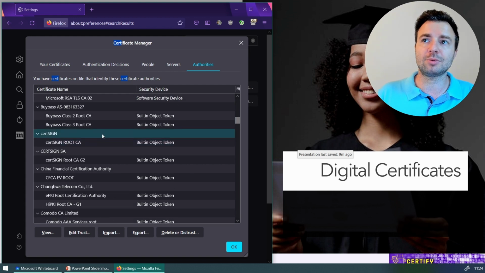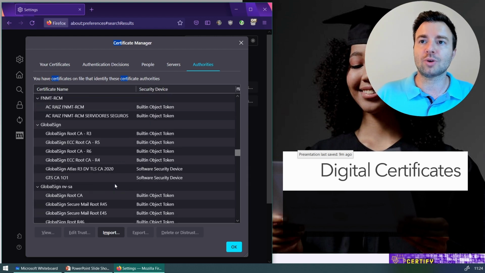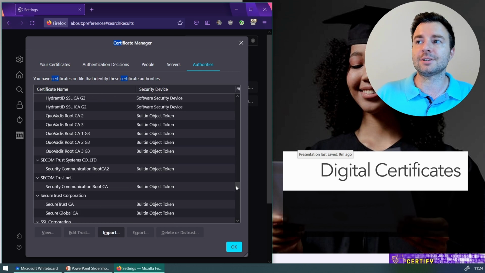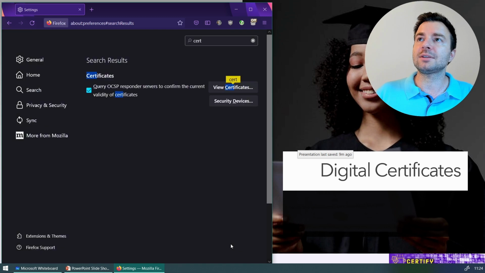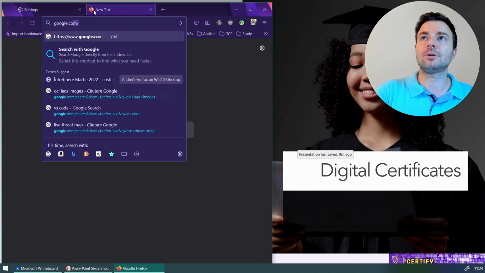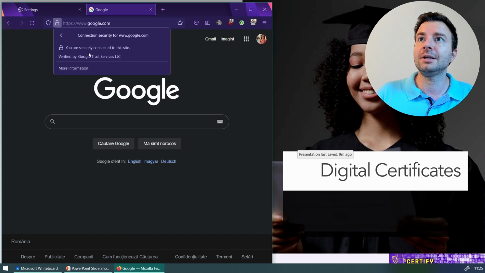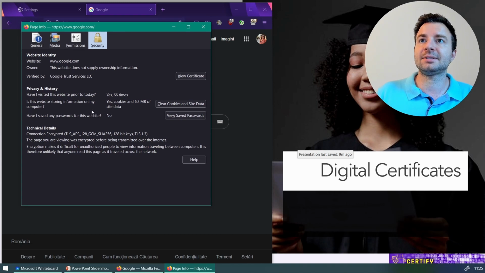You're probably going to recognize a couple of these, such as CertSign, DigiCert, Entrust, GlobalSign, and so on and so forth, right? So there's a lot of certification authorities in here. And in most cases, VeriSign as well. In most cases, if you just visit a website such as, I don't know, google.com. All right, so let's head over to google.com. Now, if I click on this lock sign right here, it says connection is secure, verified by Google Trust Services LLC. I can click on more information,